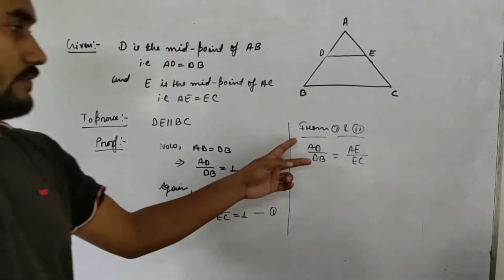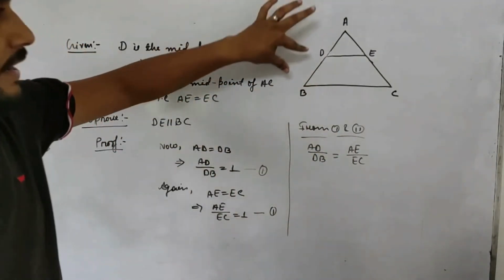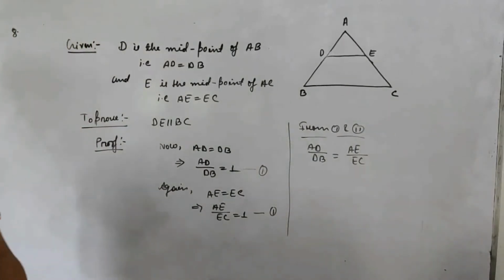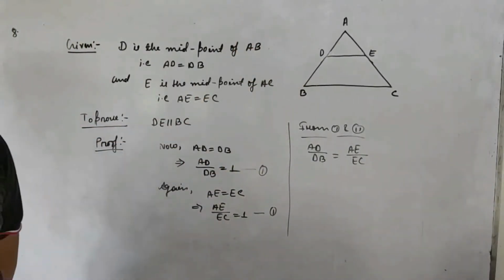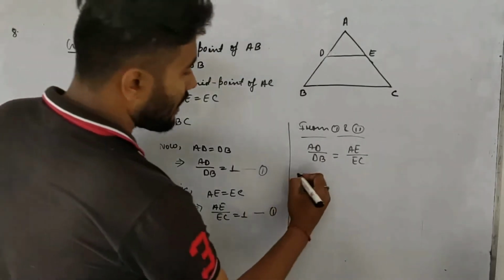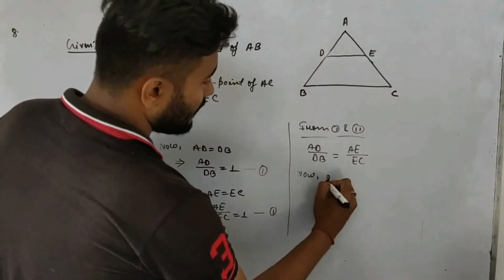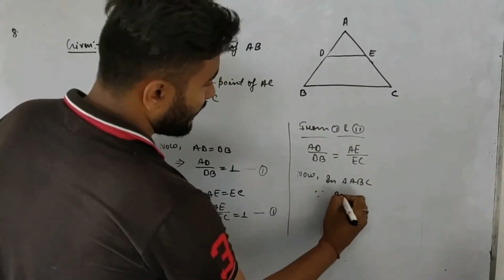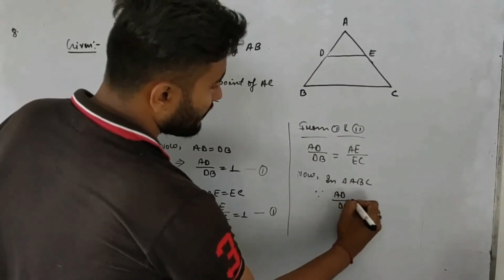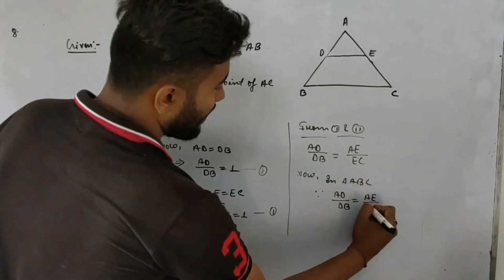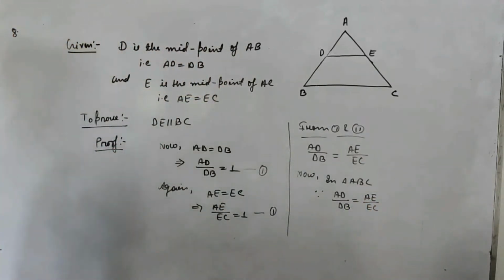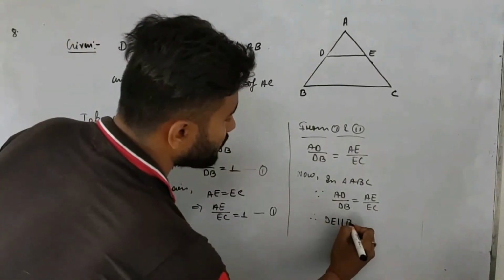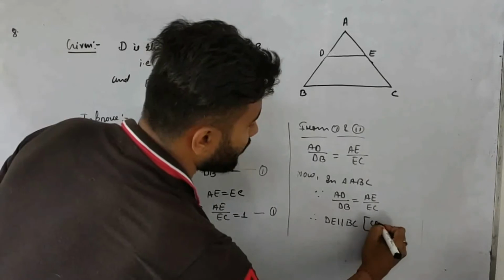Now, if these sides are proportional, if AD by DB is equal to AE by EC, then by converse of Thales theorem, what we can say? That DE is parallel to BC. So you can see that now, in triangle ABC, since AD by DB is equal to AE by EC, therefore DE is parallel to BC by